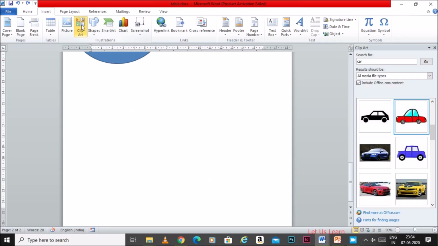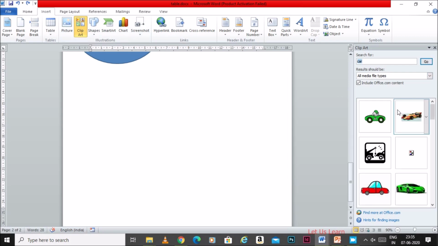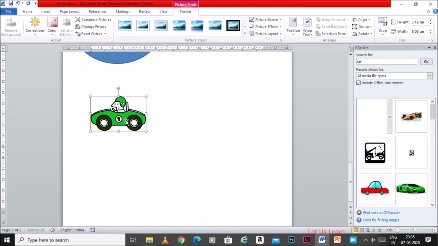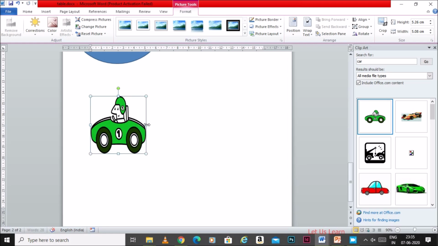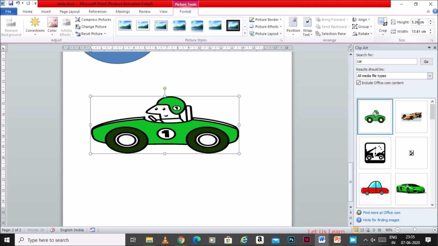Clip art: go to Insert, Clip Art, and I'm searching for a car. I'm going to search for a car and click the Go button. You will get car images. I'm just clicking this. Okay, now I need to format this picture. What does formatting mean? I need to increase the height and width of the picture, so I can either pull it like this, or there is a particular tab over here. You can increase or decrease the width and height over here. Also, how to crop the picture: select this tool, and if I move the corner and place the mouse pointer, you can see the picture has been cropped.